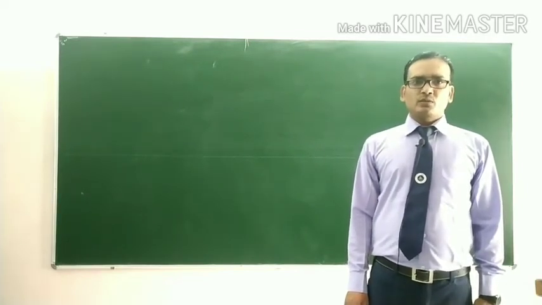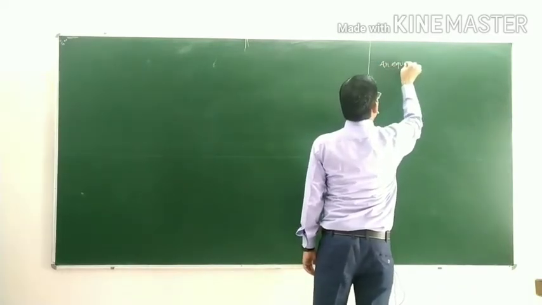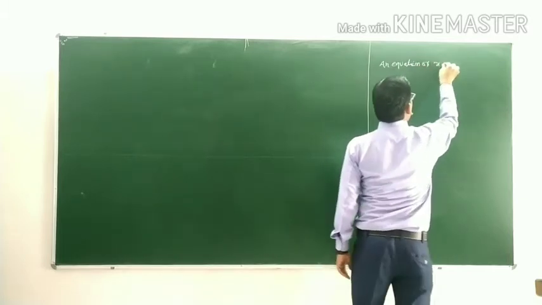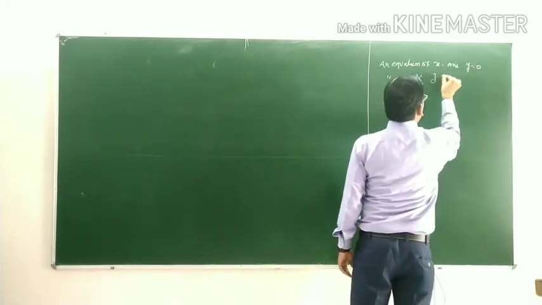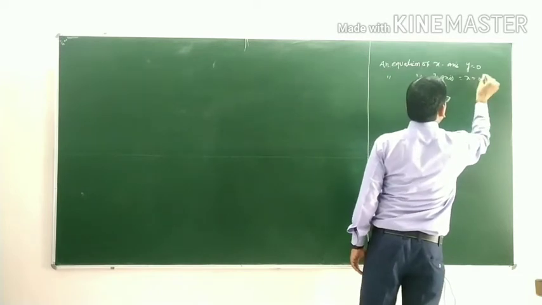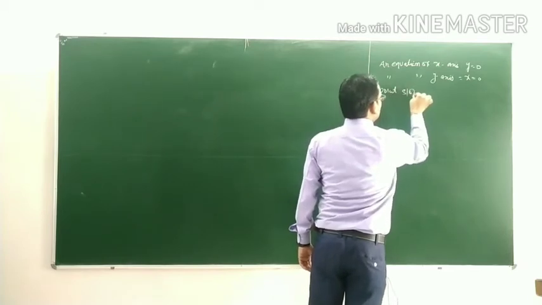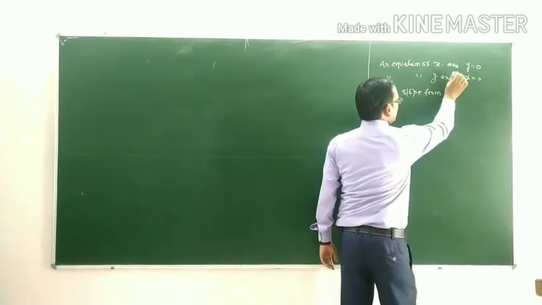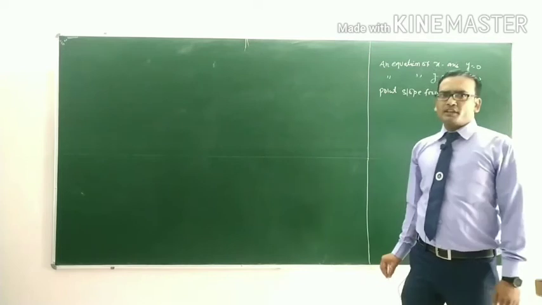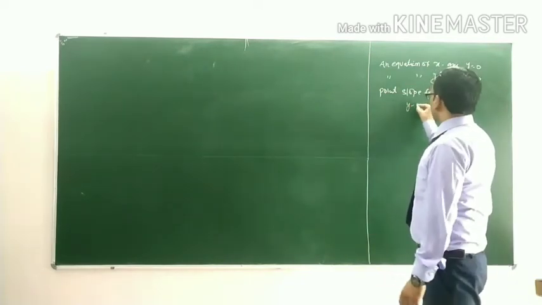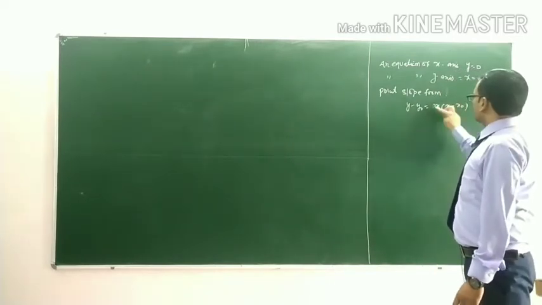In a previous lecture, we studied the various forms of the equation of a straight line. The equation of the x-axis is y equal to 0 and the equation of the y-axis is x equal to 0. The point slope form: if a line has slope m and passes through the point x0, y0, then the equation of the straight line is y minus y0 is equal to m into x minus x0.